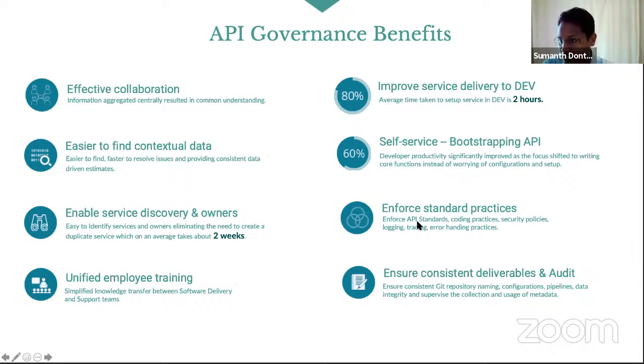And most importantly, the standard practices. We were able to enforce standard practices, because when you're dealing with 10 or 20 different vendors doing code development, as a platform owner, when this code goes to production or to an operations person, they want to see consistent logging, consistent tracing, a consistent way of error handling, and the best practices. Incorporating these as part of the pattern-based templates helped us achieve that commonality across the platforms.